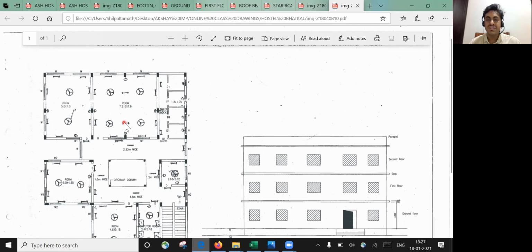So I hope it is understood up to here. So in the next lecture we'll try to take each and every quantity, and we'll try to understand them. I hope it is understood up to here.